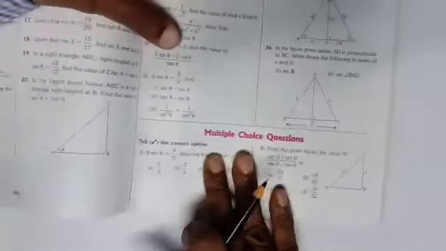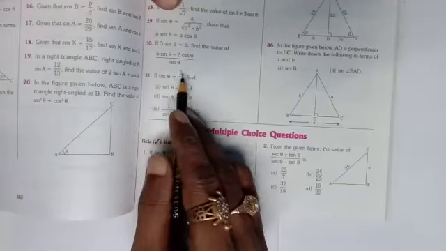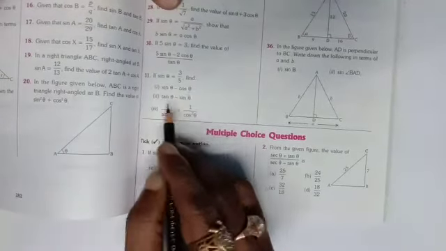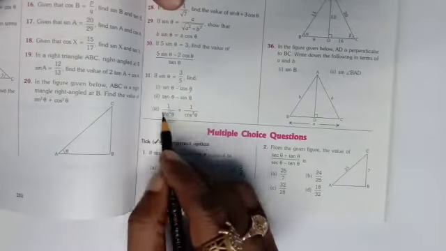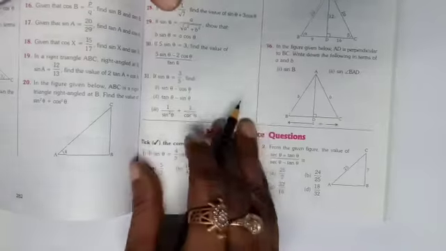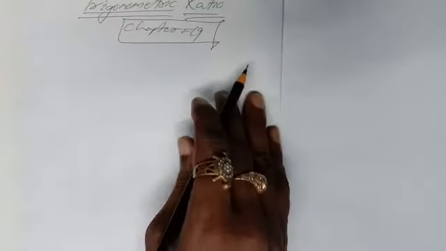Okay, I am selecting question number 31. What is given in this question is, if sin theta is equal to 3 by 5, find sin theta minus cos theta, tan theta minus sin theta, 1 by sin square theta plus 1 by cos square theta. You have to find out. Let us see one by one. Question number 31, chapter 19, exercise 19.